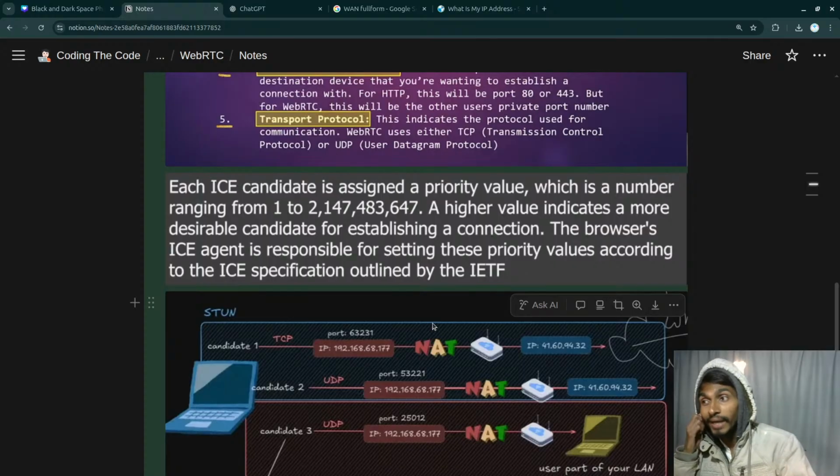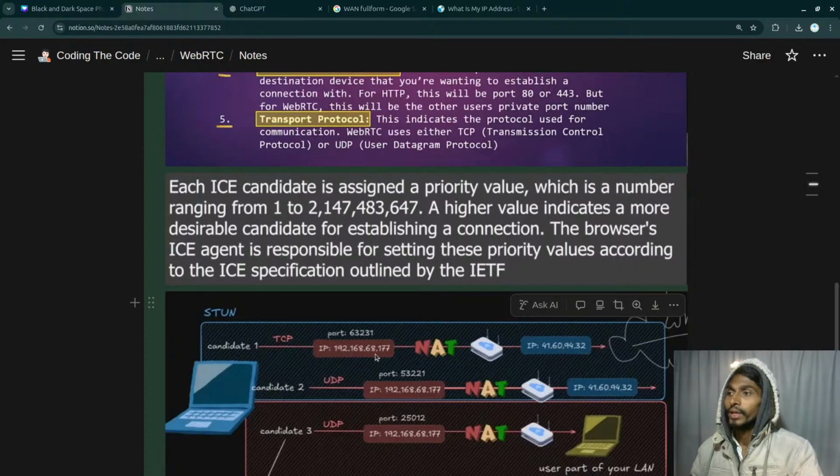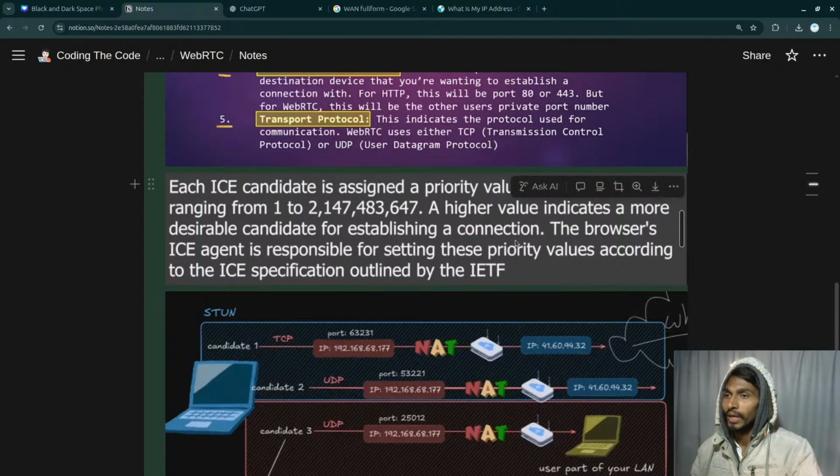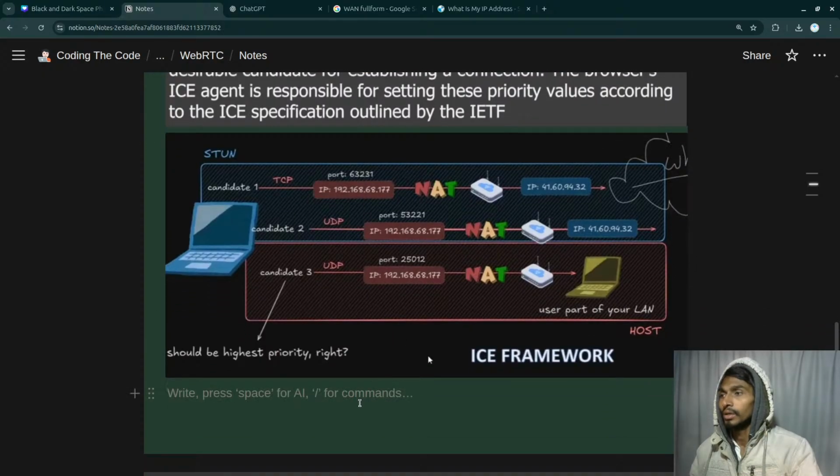The browser's ICE agent. So actually the browser has something called the ICE framework. That ICE framework has ICE agents, and they just do the job. The ICE agent is responsible for setting these priority values according to the ICE specification outlined by the IETF. So let's not worry about that. Then there is the ICE framework, again on the browser itself, and that ICE framework actually identifies the candidates. A candidate is going to be the best route, in the sense